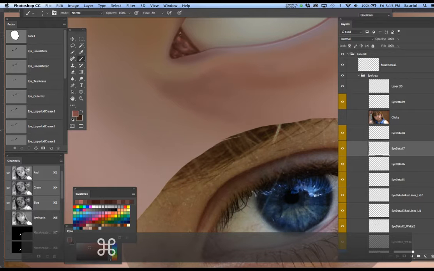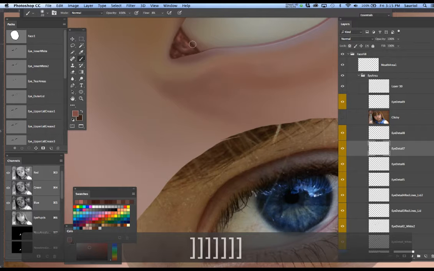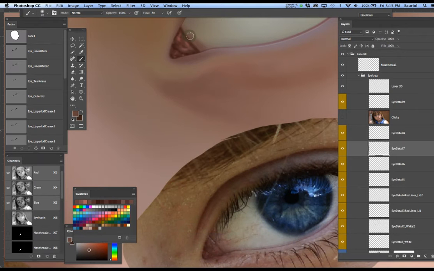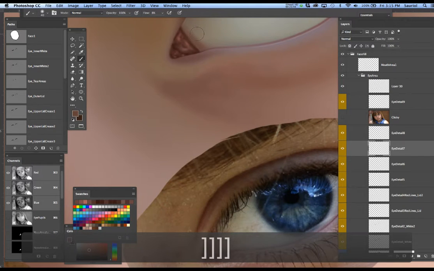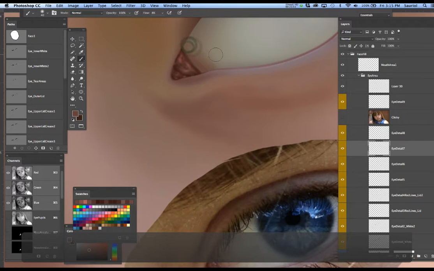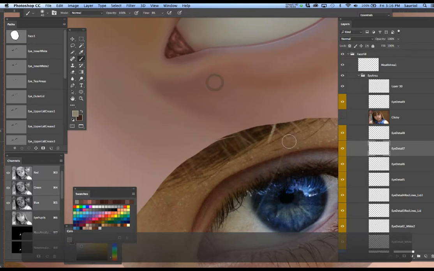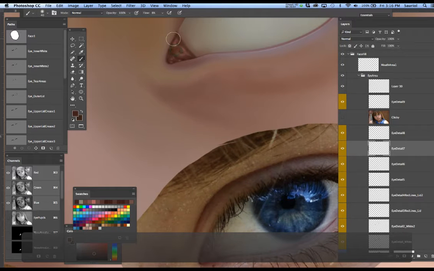Okay, that's good. And now I can come in here like this, diffuse it just a little bit more. And then let's hit the other side of that eye right here with this tone right there. And then wrap it into the white of the eye. Now let's bring the white of the eye back into it. Now I'm going to come in with this dark tone right there, a little bit more on the top, and